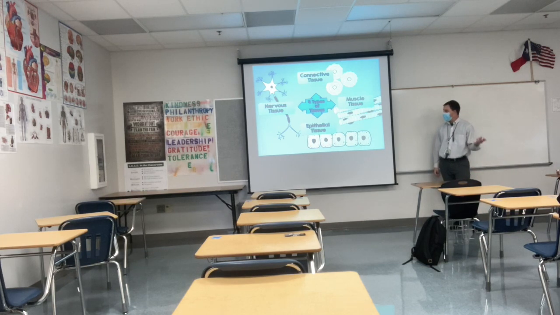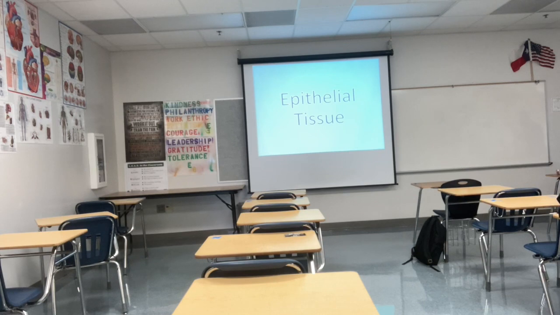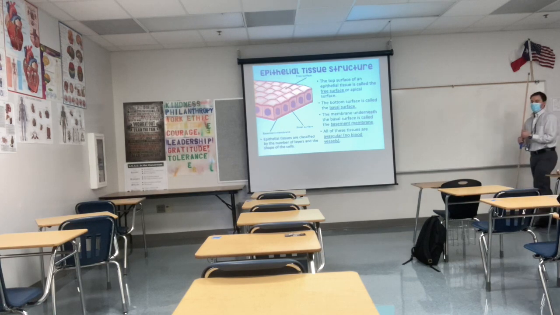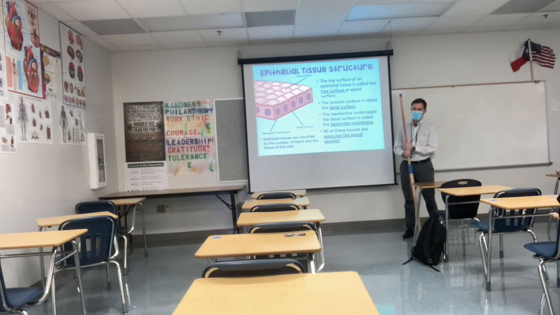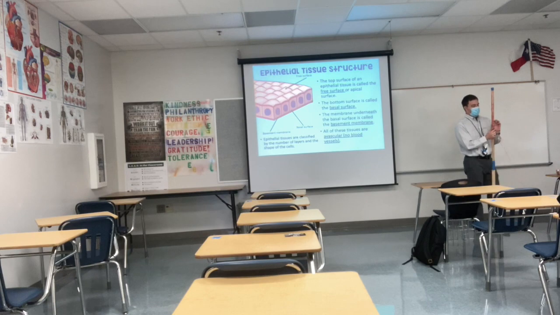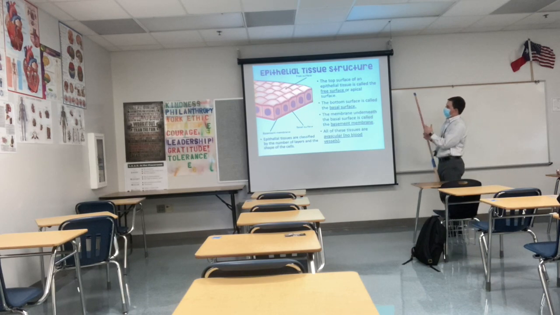Okay, so 4 types of tissues. So the first one we're going to look at in this class is something called epithelial tissue. And so epithelial tissue is what makes up everything and anything that has to do with a membrane or a tube or anything in between those two things, okay? So this is what we call like glandular tissue, epithelial tissue, all these types of tissues that have epithelial to go along with them have one thing in common, and that's that they're very good at absorption and secretion of products across a membrane. And so this is an example of just some like cuboidal epithelial tissue, but we find